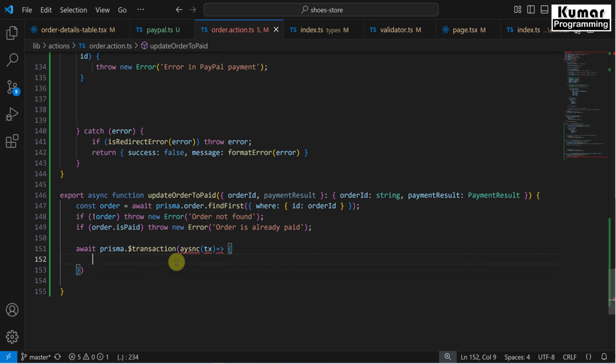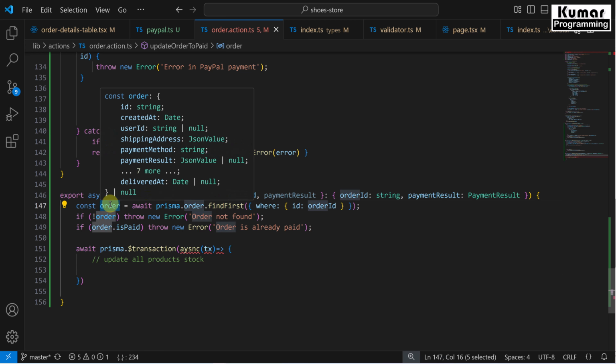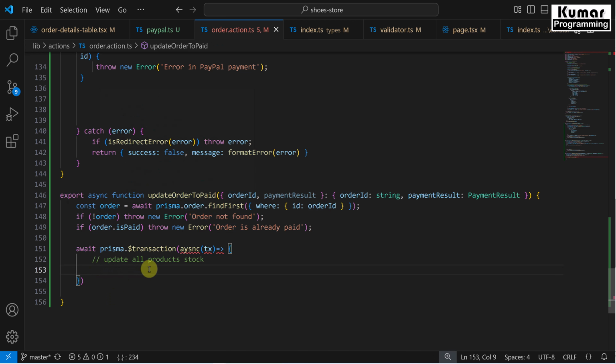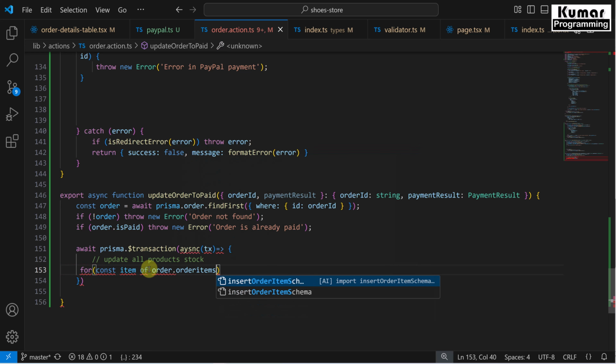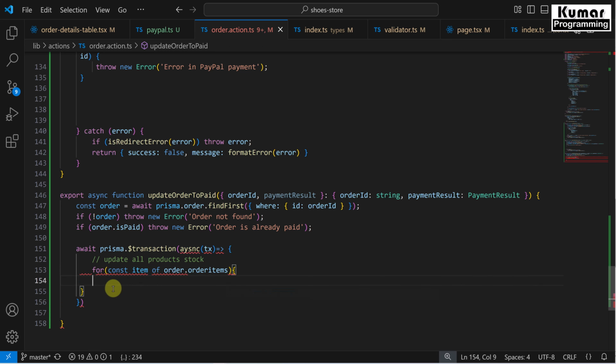Now here first of all we will update our product stock, update all products stock. So what we will do, from this order items we are going to iterate each and every item, and we will update it. Okay, and we will reduce their stock. So here for const item of orderItems, right? We are going to iterate each and every item over here. Now inside this for loop, here we are going to use await